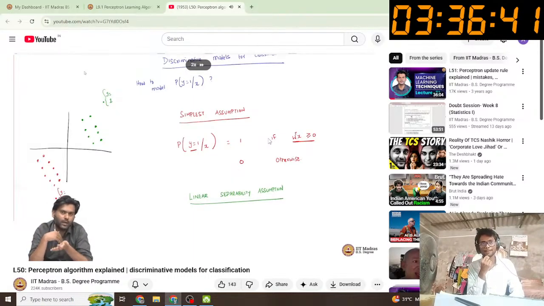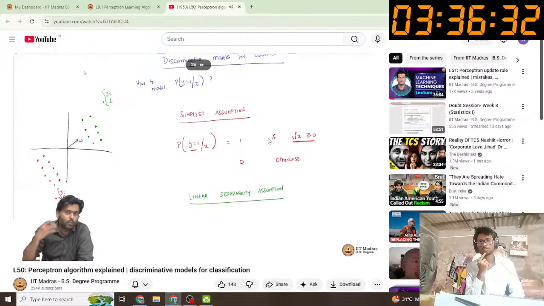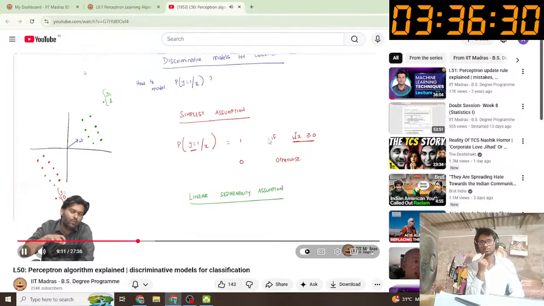Well, if you stare at the data for a second, you'll realize that yes, this data is linearly separable, which means that this data could have come from the model that I'm assuming, where there is some unknown w, right? So maybe there should be some w, such that when the